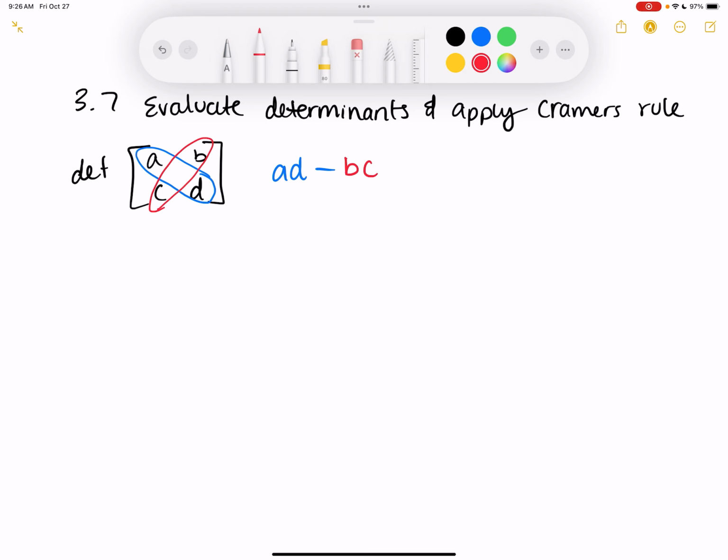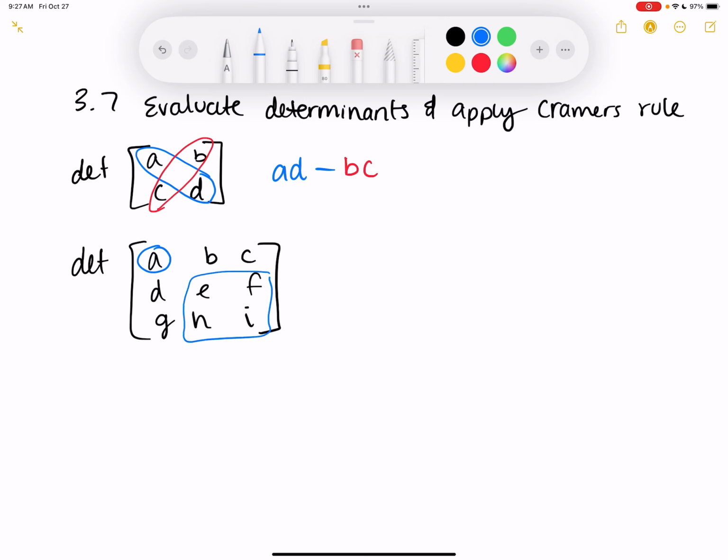If you have a 3x3, which is the biggest that I require you to do by hand, so A, B, C, D, E, F, G, H, I, then we have A times the determinant of the 2x2, the 4 terms. Basically the little matrix here. So this would be A times EI minus FH,